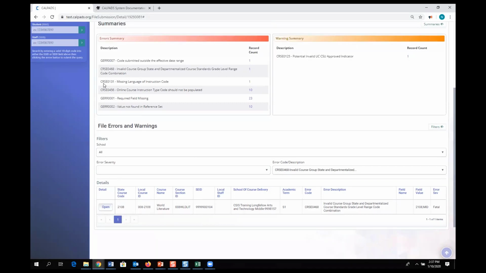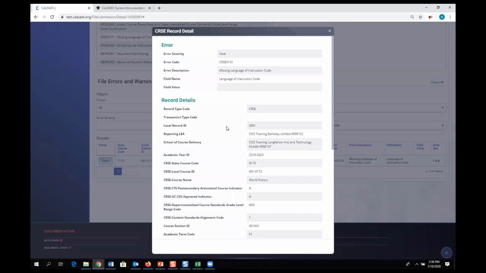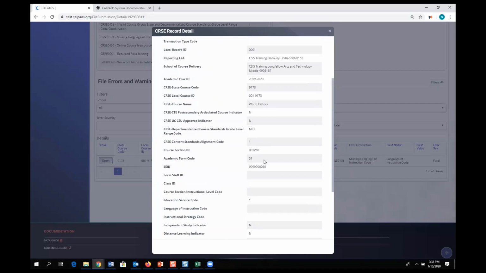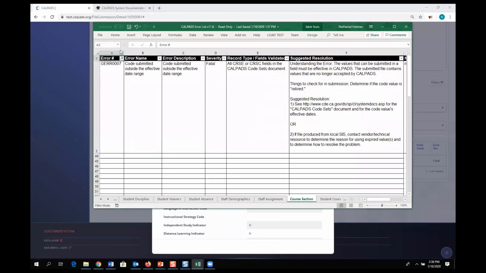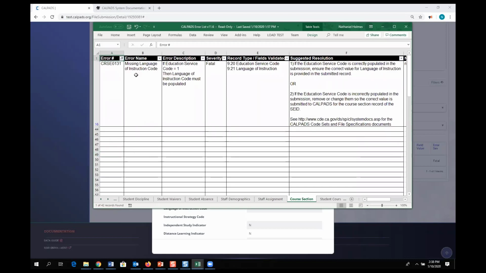Okay, this is the old one, CRSE 0131, missing language of instruction code. And we're going to open in detail. And okay, we're missing language of instruction code. It's pretty straightforward. I look at the record details, I scroll down, language of instruction, it's indeed missing. Okay, why do I have to report it? So that's when you consult the error list. Missing language of instruction